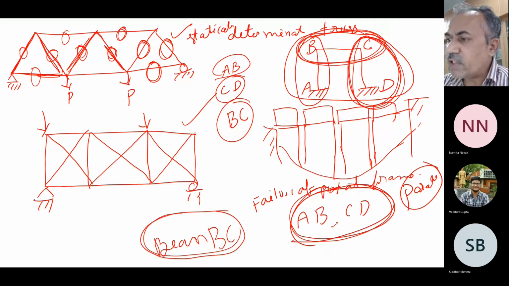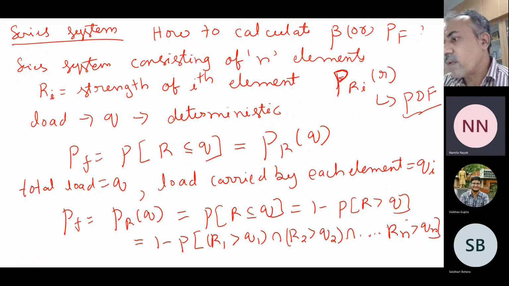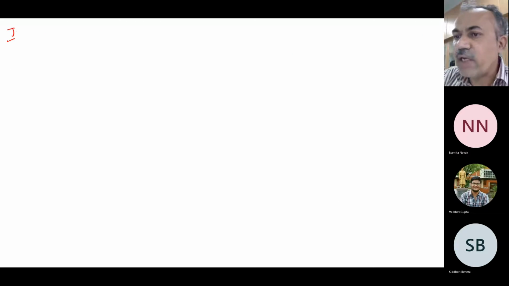Now, what happens? Independence means, as we have discussed, that if you have two random variables, the probability of the individual components will be multiplied. So assuming that they are independent, okay. Otherwise, you have to do those big calculations.